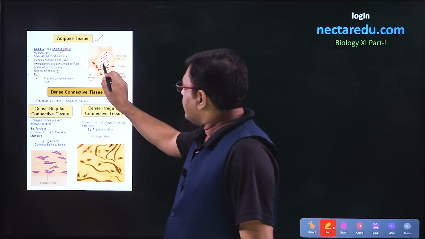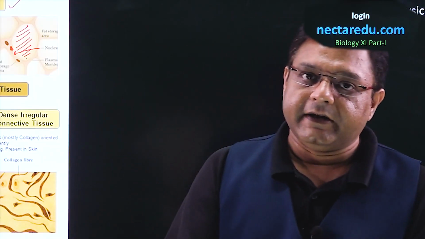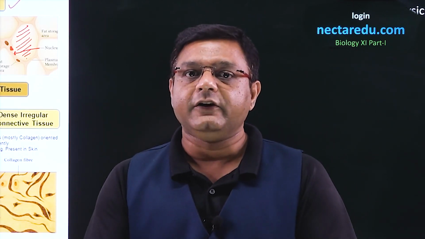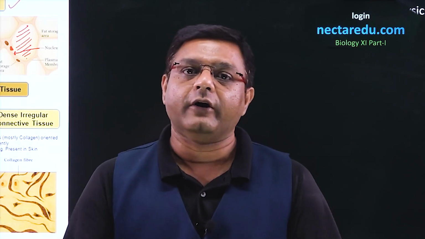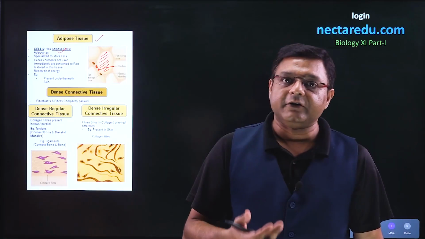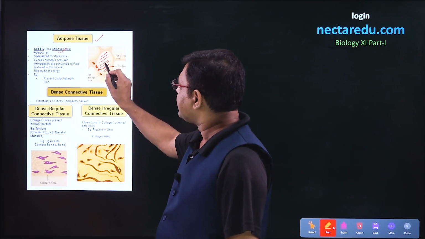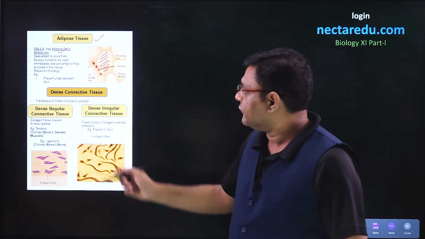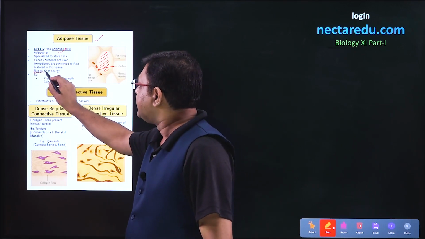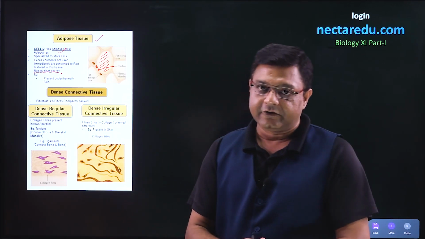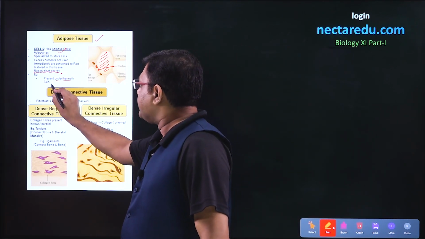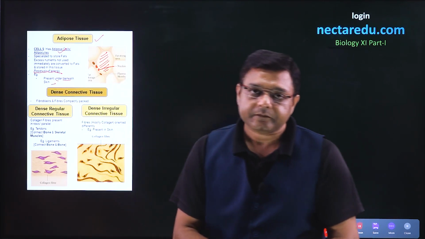Now, what is the storage material? The fat which comes from the excess nutrients which we use is not wasted. The body converts those nutrients into fats and the fats are stored in these adipocytes or the adipose tissue. So we can very well say that this tissue is the reservoir of energy and in our body it is present under or beneath the skin.